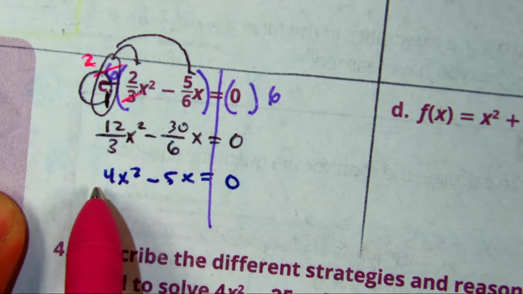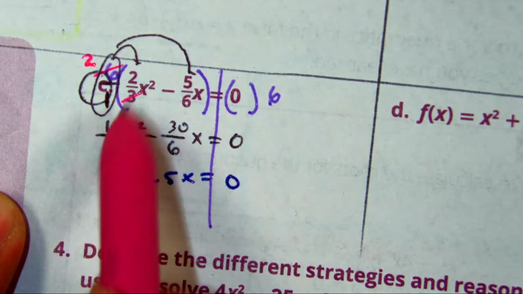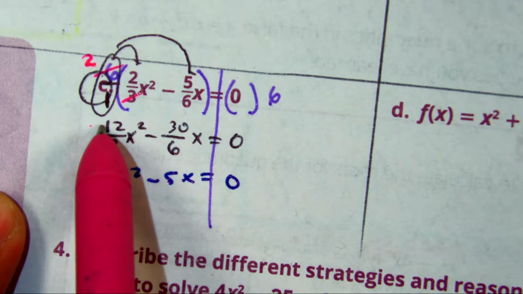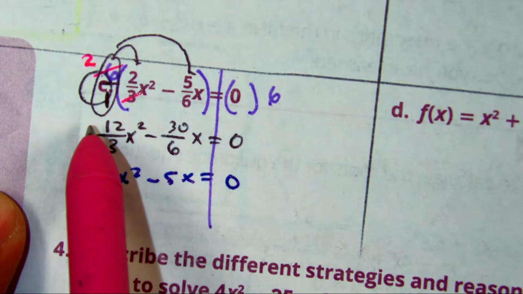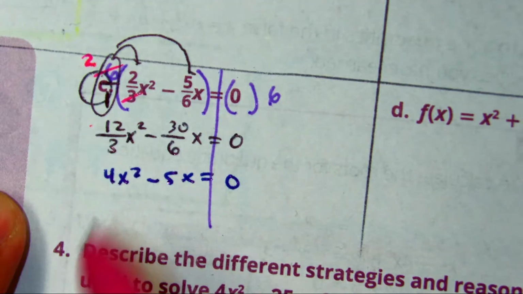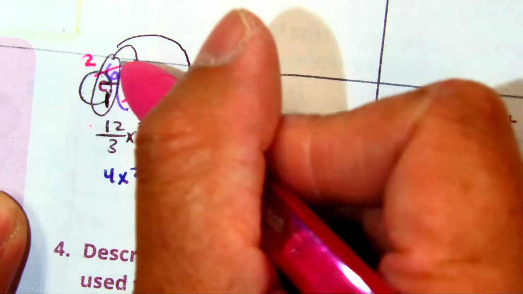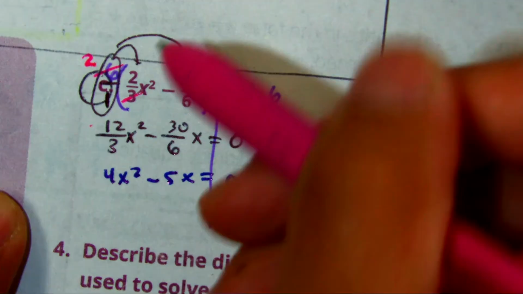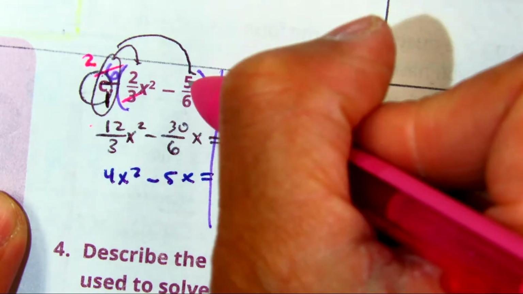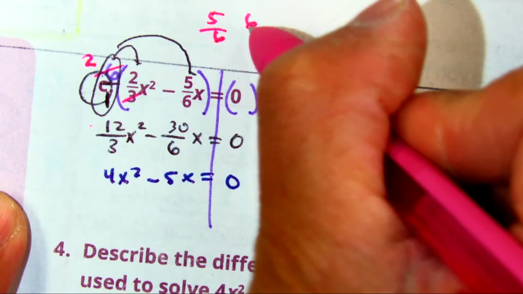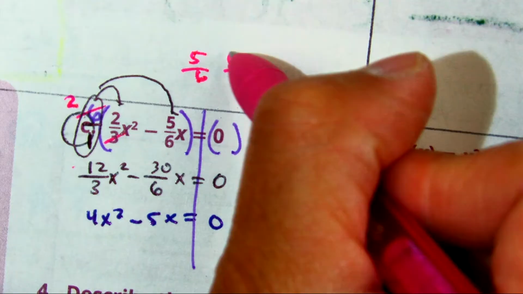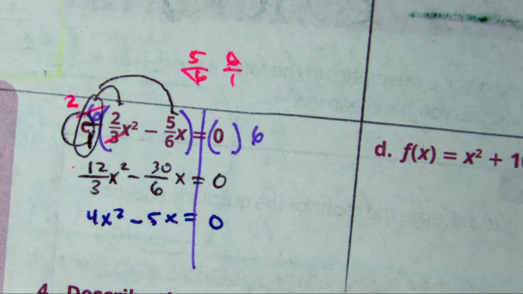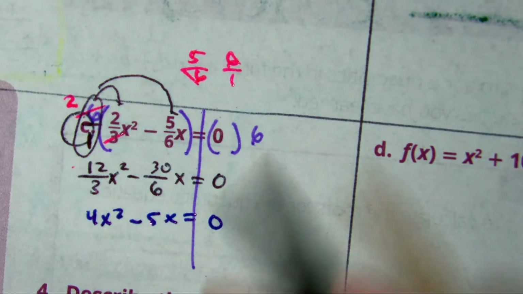Essentially what they're doing is 6 times 2, or 2 times 2 times 6, or 3 times 4, and they're canceling the 3's. So it's kind of like an invisible 3 there. And then if they did this one over here, 5, 6 over 6 over 1, they're essentially canceling your 6's. And then all you have to do there is just factor out your GCF, which is